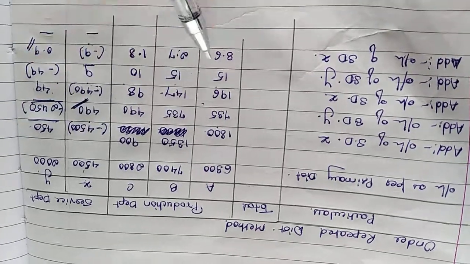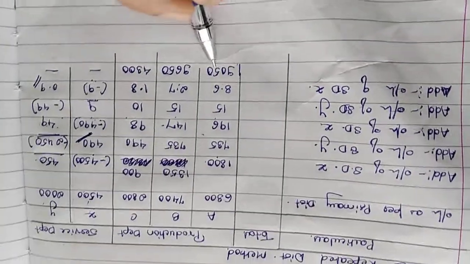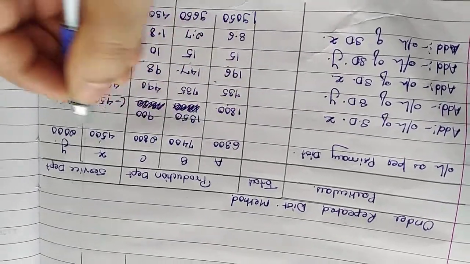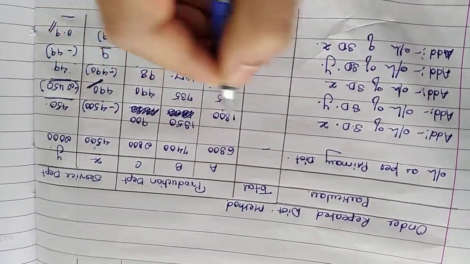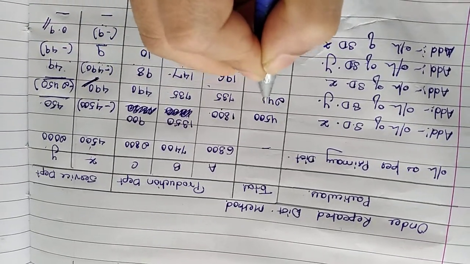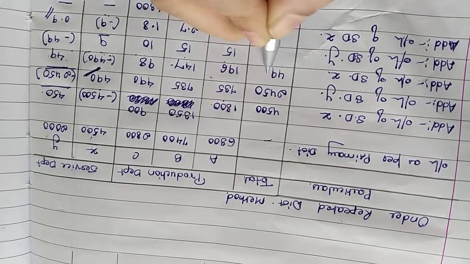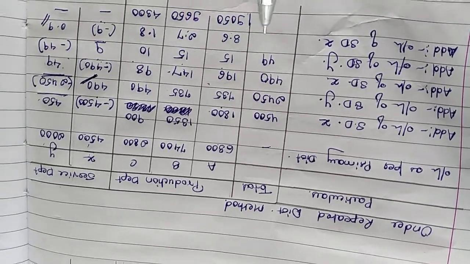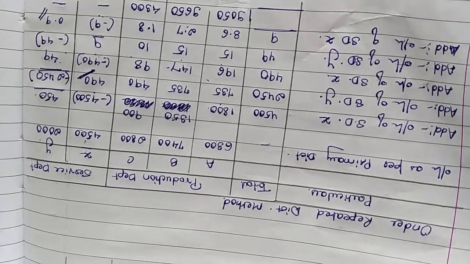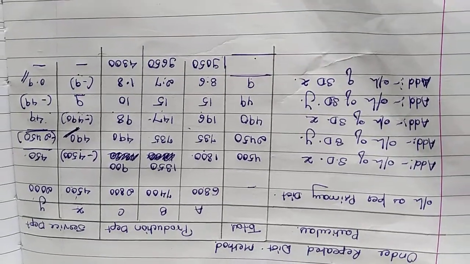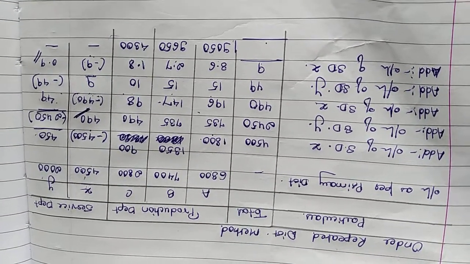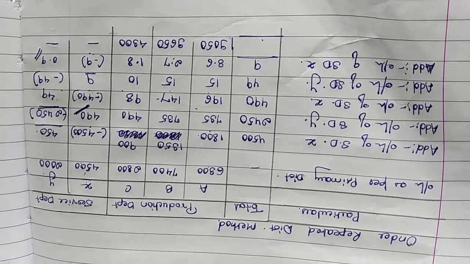Now these columns you are supposed to total. These are the amounts that I have got after totaling. You can write the totals over here also. You can total all these things and write the total over here. Here it will be 4,500, that's what we were distributing. Here it will be 2,450. Here it will be 490, 49 and 9, because 9 we have distributed, and here you have to total this and write over here also. That way you can do it. So this is the way you are supposed to apportion your overhead cost under the repeated distribution method.